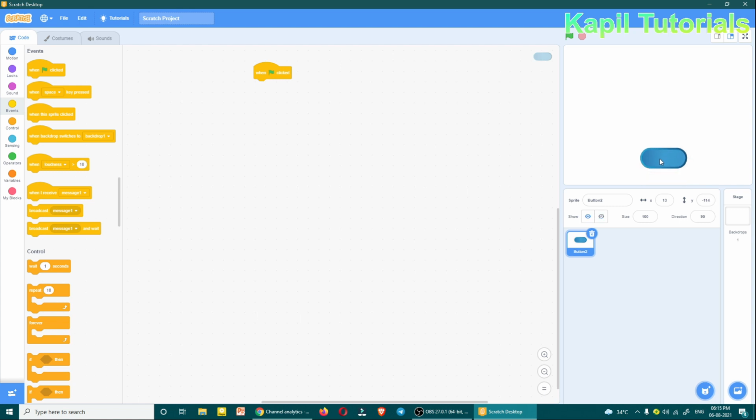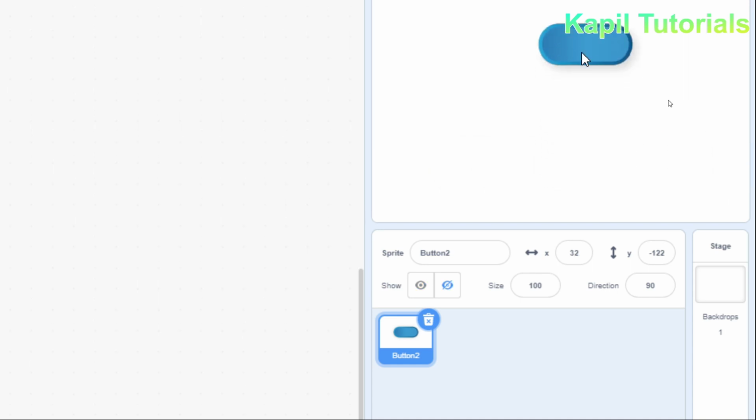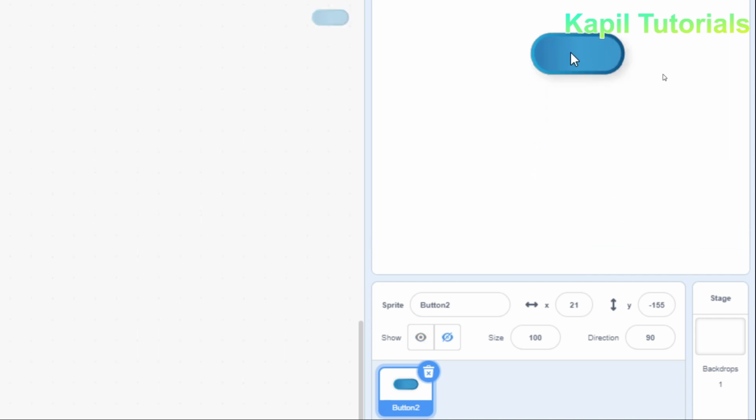See, whenever we are placing our object, you know there is x, meaning moving left and right, and y means moving up and down. This is y. If you see, when I'm moving it down, it is minus 135, and if I move up, it is 11. So I hope the working of x and y is clear to you. Y means moving up and down, x means moving left and right.